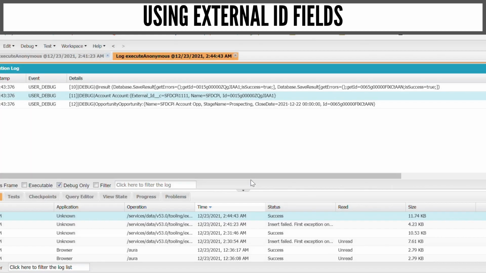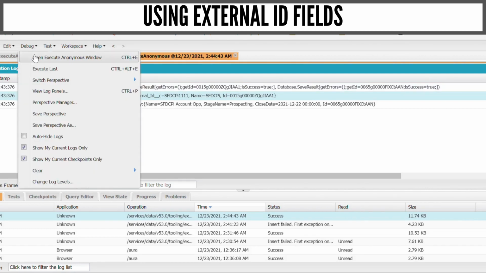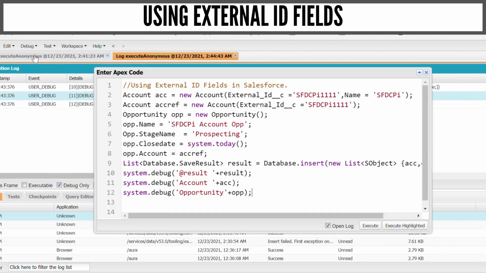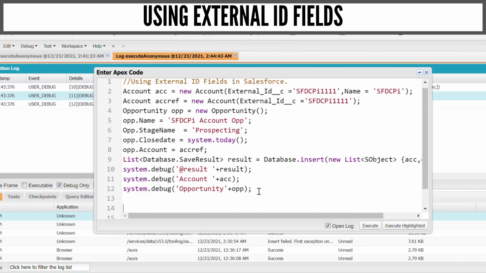Similarly, we will check one for a custom object. I have two custom objects in my org which are named custom object 1 and custom object 2. Custom object 1 is the parent and custom object 2 is the child. So similar to account and opportunity, I have one field on custom object 1 which is external ID. Custom object 1, so __c equals to,